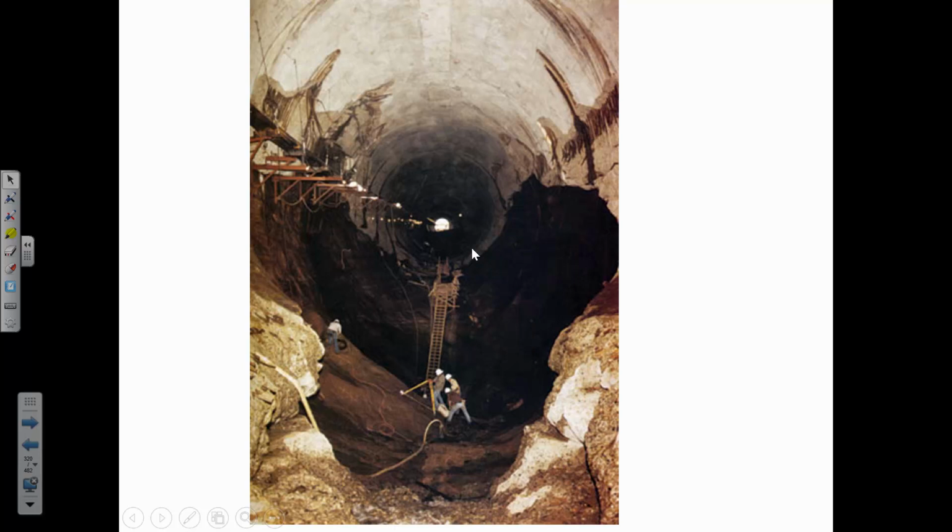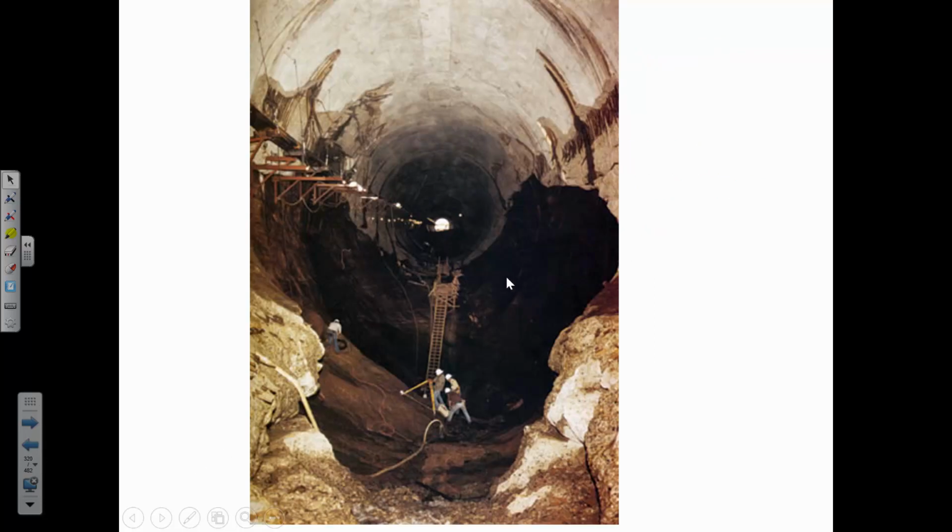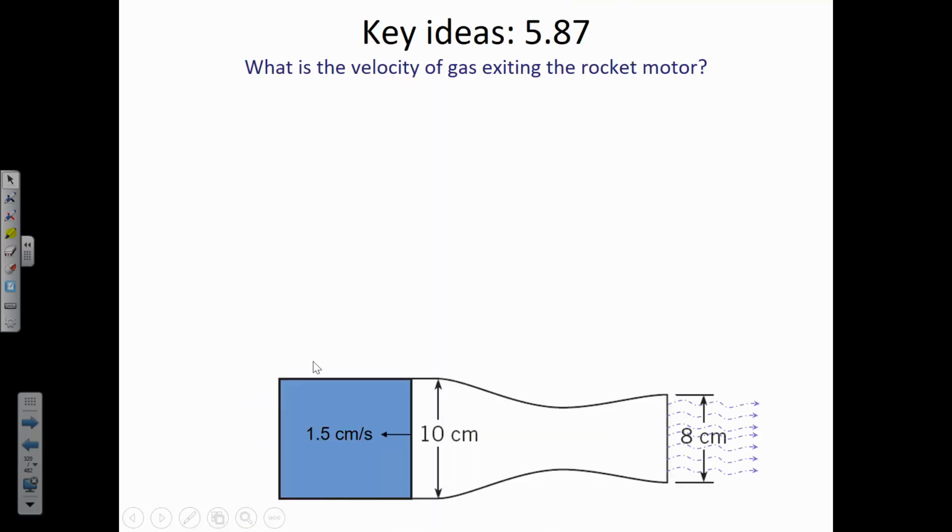And what they found out was actually that this was largely caused by cavitation, that the water was moving so quickly through the pipe that the cavitation that occurred sent little shock waves through the concrete lining and pitted it, and they were sending so much flow through the spillway. The velocity was high, the pressure was low, cavitation occurred, and the collapsing vapor pressure bubbles was enough to scour the concrete, and it was a pretty expensive and time-consuming thing to get that spillway repaired